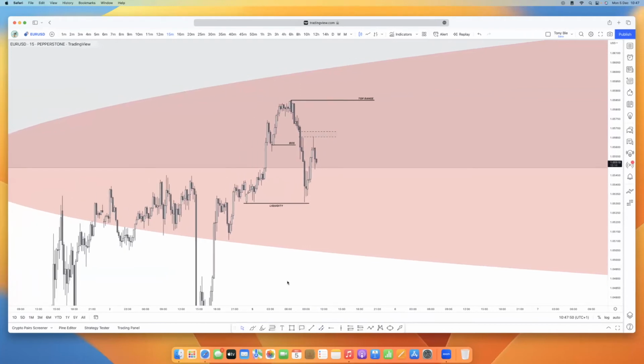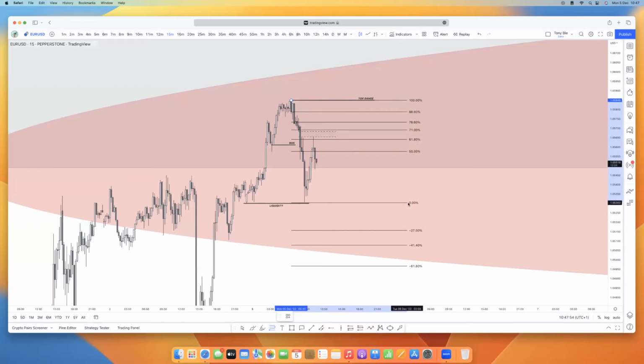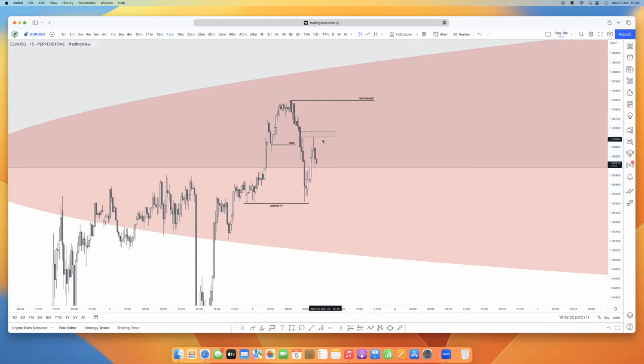And if we draw the fib, we are definitely at premium, right? So this area is above 50%. Yes. So this is it for EU. Keep an eye on this area, price could reject from there. Okay. I don't want to call out the limit order. So just keep an eye on this area for EU to go down.